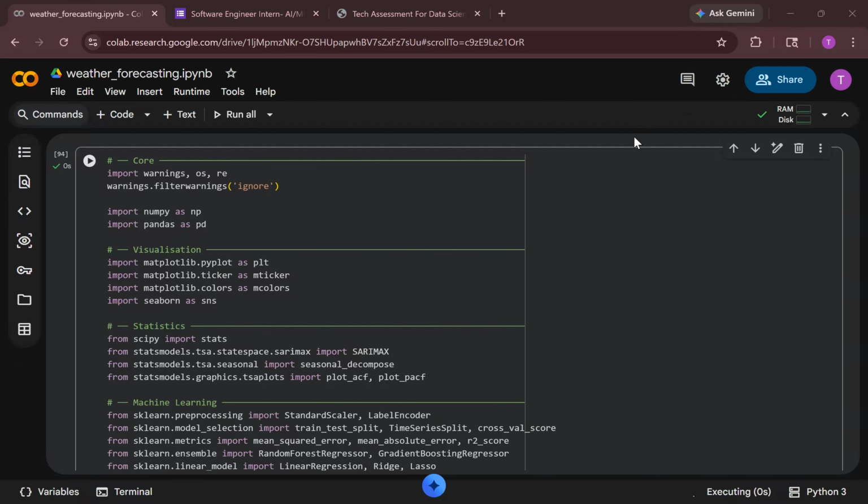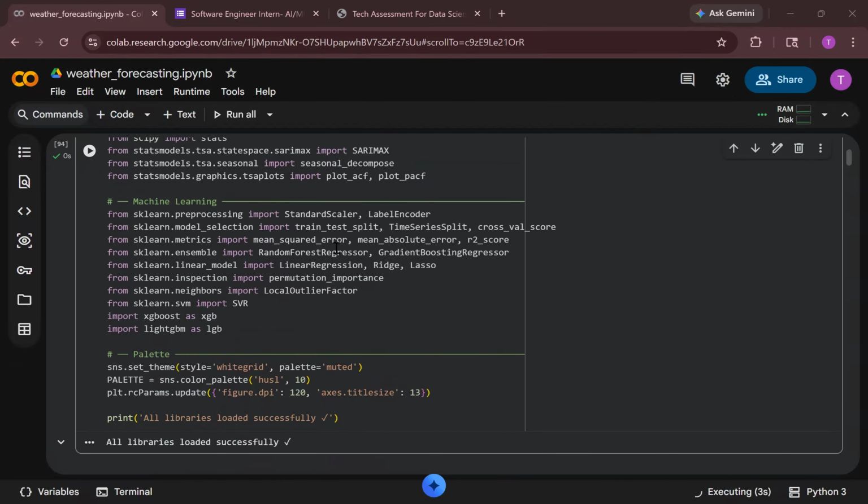Hello everyone, my name is Taran Malipati and today we are talking about the technical assessment, the weather forecasting. For which we first begin by importing all the important libraries, for example, NumPy, Pandas, Matplotlib and sklearn for the